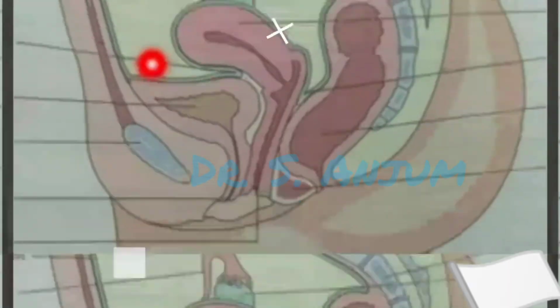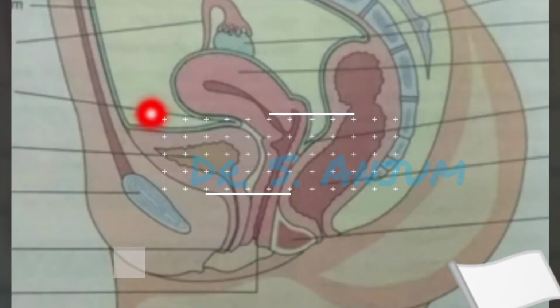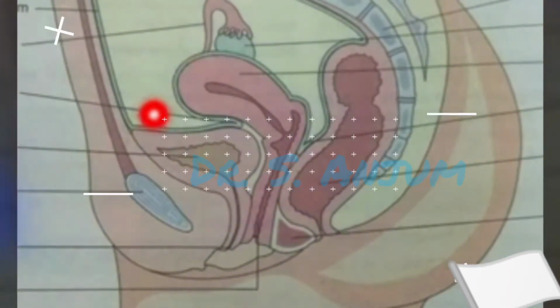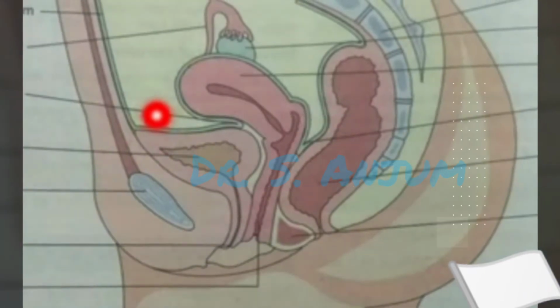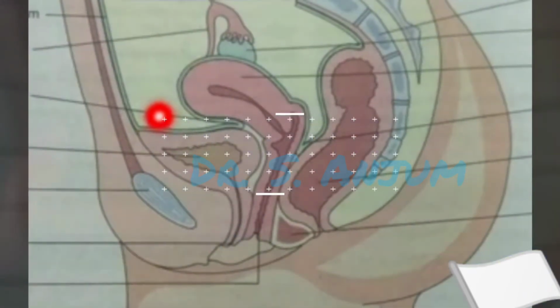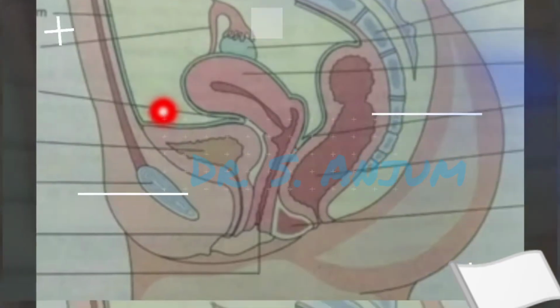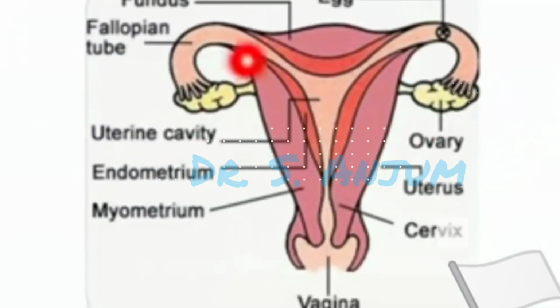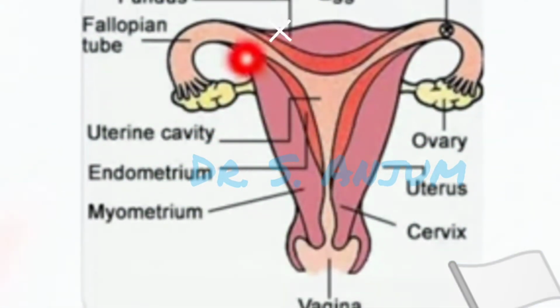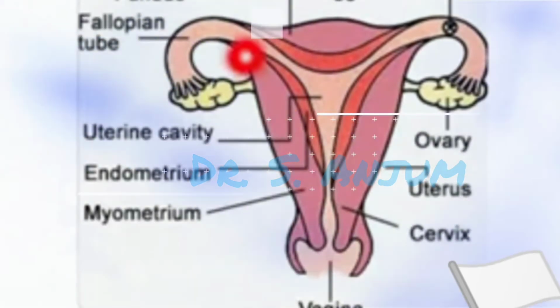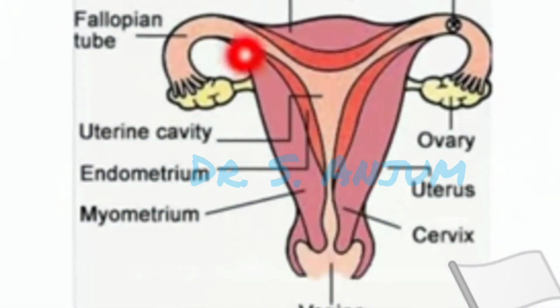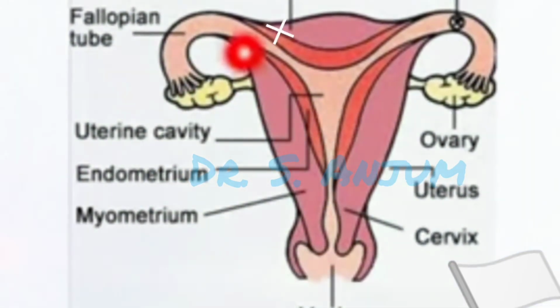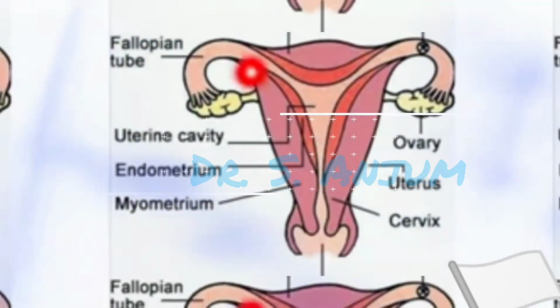In this video, we will learn the histology part of the uterus. The uterus is an inverted, pear-shaped or piriform muscular organ located in the pelvic cavity between the urinary bladder and the sigmoid colon and rectum behind. The bladder is in front and the sigmoid colon and rectum are behind.